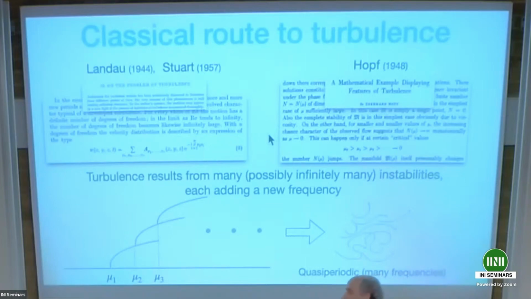And the simplest idea is that you come along, this is Reynolds number, it's not labeled, and this is some amplitude distinguishing states, and there's some first bifurcation, an instability of the flow, and it gives rise to some new state. And that state itself then undergoes a bifurcation, an instability, often referred to as a secondary bifurcation, and then you get another state, et cetera. And this was the picture that Landau put forward in 1944,